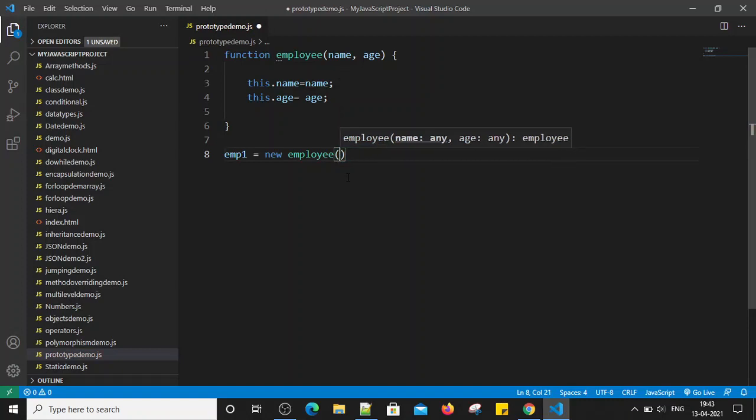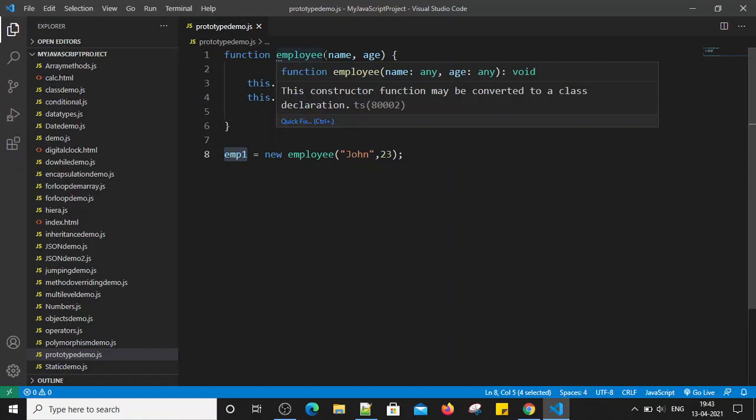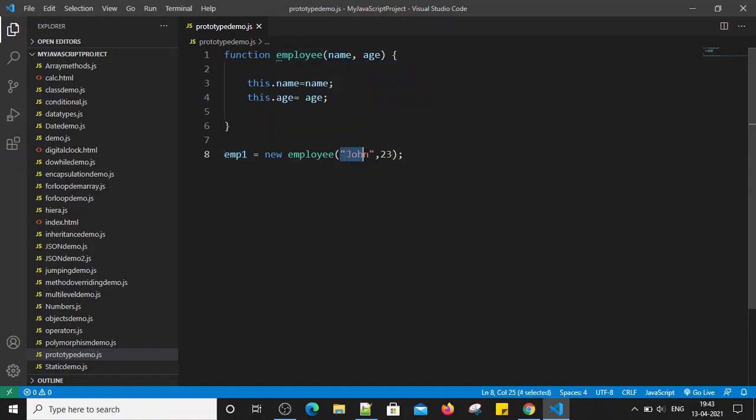Let's pass the name as John, and let's pass the age as 23. So we have created one object reference variable emp1 of the employee function, and we are passing John and 23 as name and age, and that we are assigning to that specific object, that is emp1.